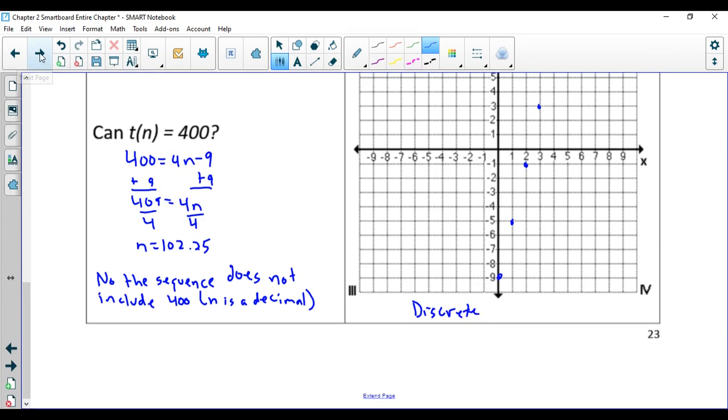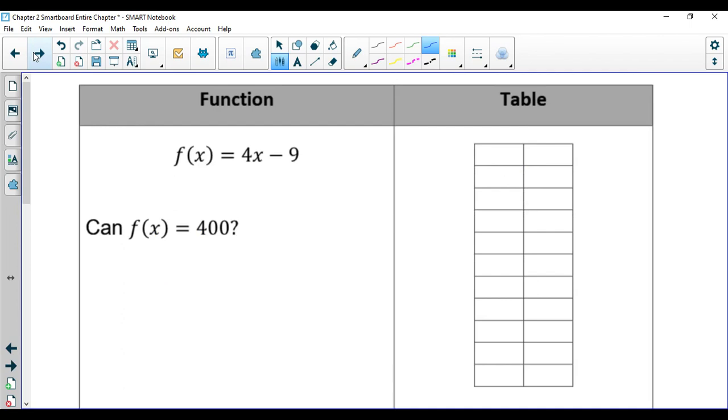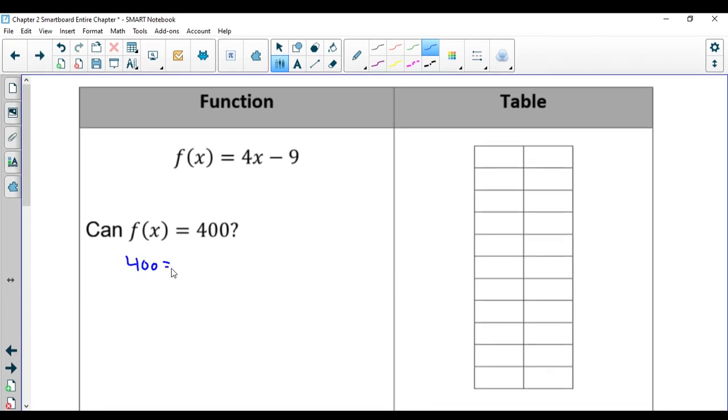As you flip to the next page, now we have a function. f of x equals 4x minus 9. So if you notice, it's the same basic equation as the other side, but now it's a function instead of a sequence. So if we plug 400 in for f of x now,